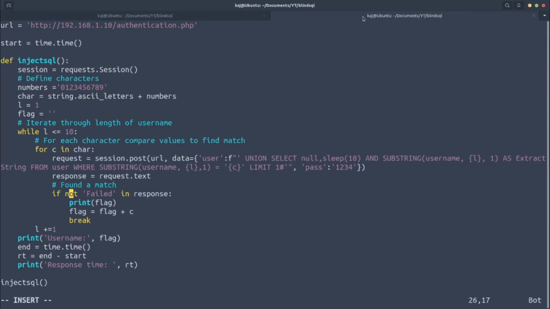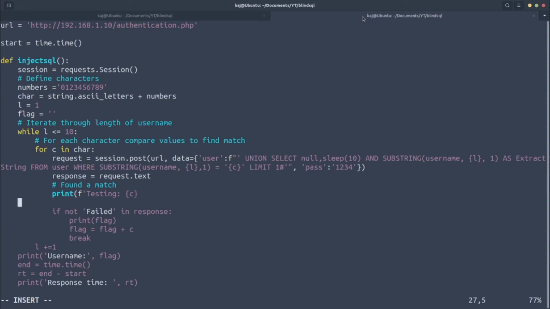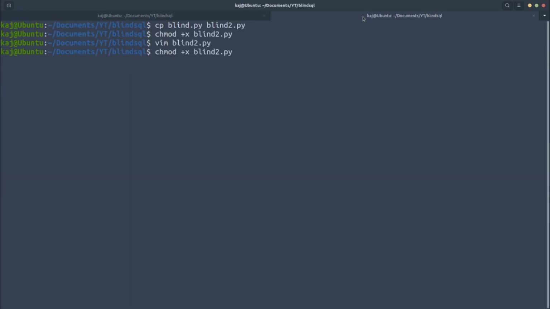If you want to, maybe you could do something like this, just to see what exactly it's doing. You could put it right here. Let's just say print, let's do print testing C. And if we run that, it should